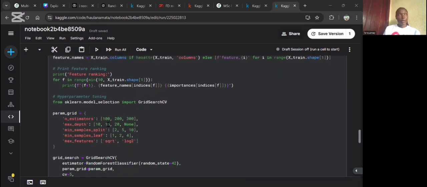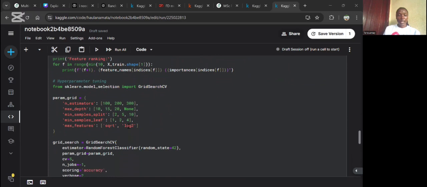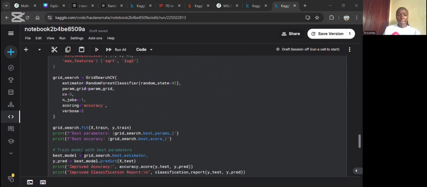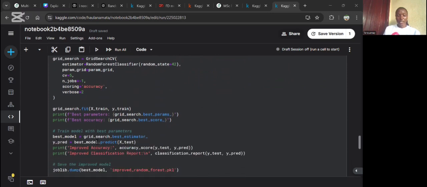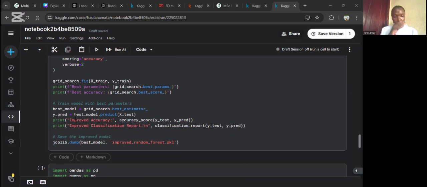We did hyperparameter tuning on this model that we had trained to be able to select the model. And then we were able to visualize this using the parameters. So we're able to get the best parameters and the best accuracy, so that we can choose which